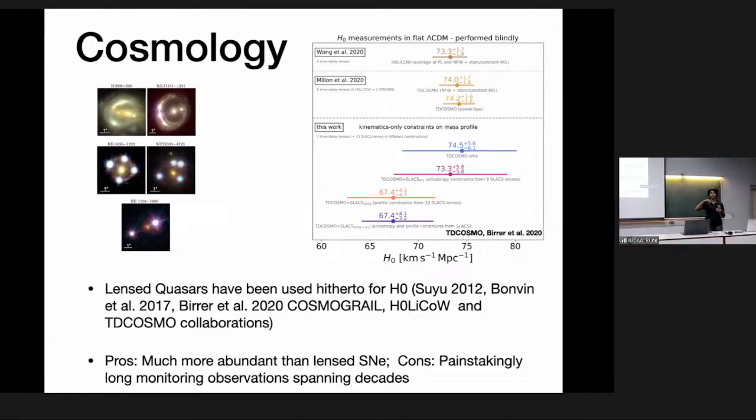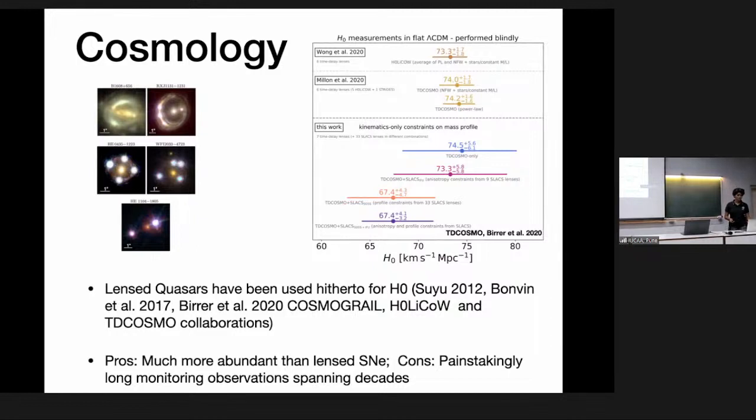How over a period of several years, you can see these fluctuations happening in the quasar, and we can then measure the time delay. So these are some examples of the lens quasars which were studied in these collaborations. And this is a snapshot which shows the latest results from these collaborations, showing the constraint on the Hubble constant. And these are then also compared with other independent measurements of the Hubble constant